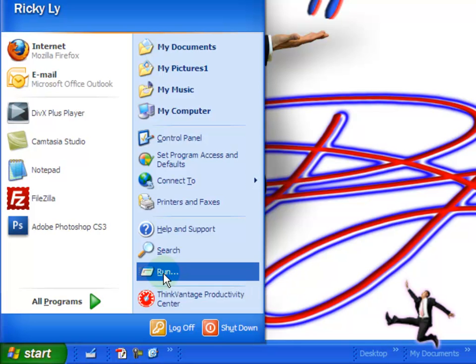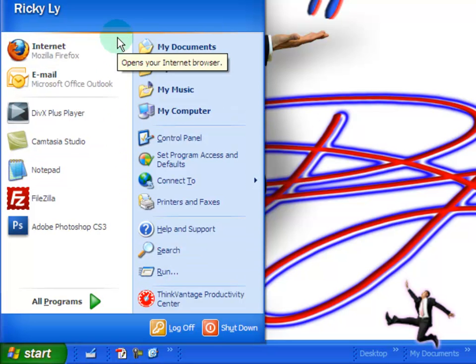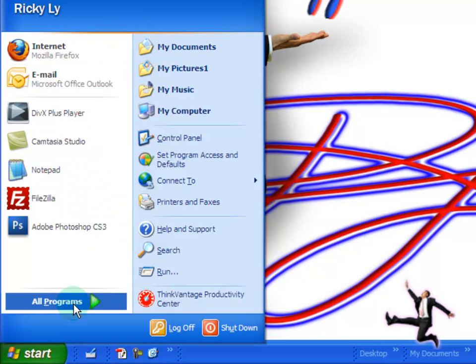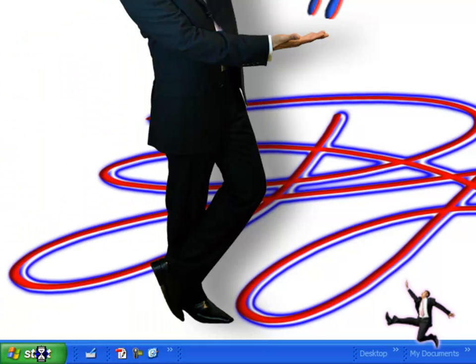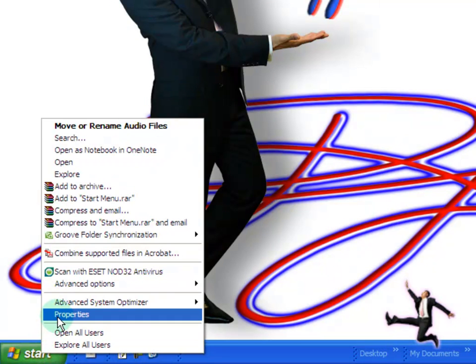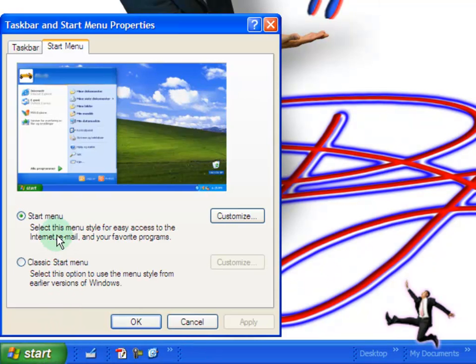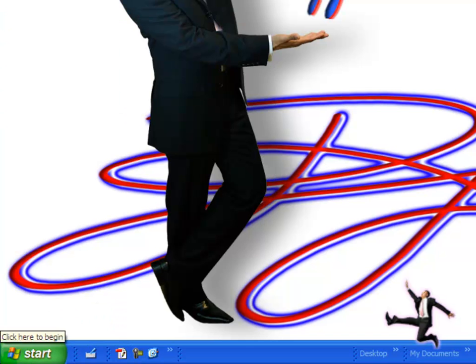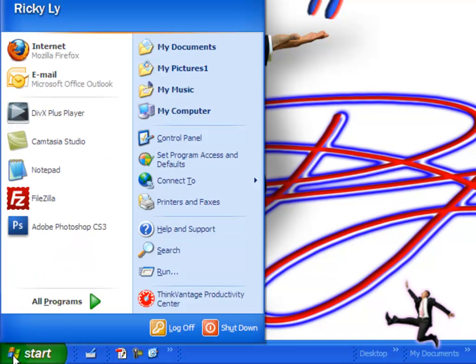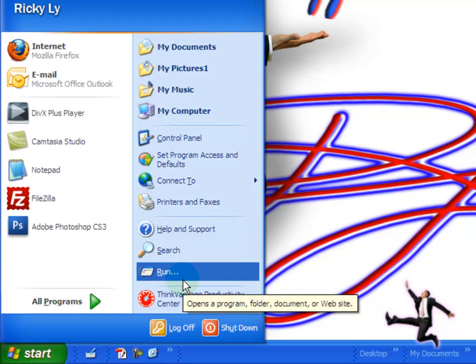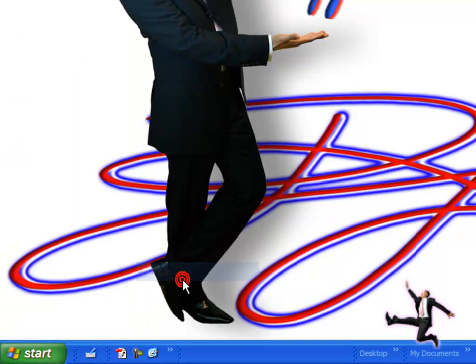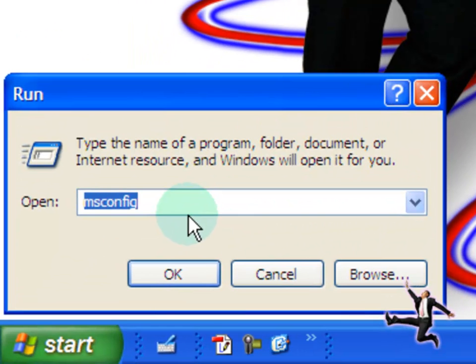Before this, if your Windows XP Professional does not look like this, you may want to right click on Start, choose Properties, and then your start menu may just say Start Menu. Make sure it doesn't say Classic if you want yours to look like mine, and then press OK. And then when you click the Start button, yours will look just like mine, and then you click on Run, and then right here you'll type in